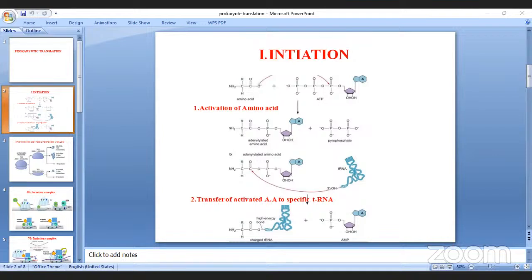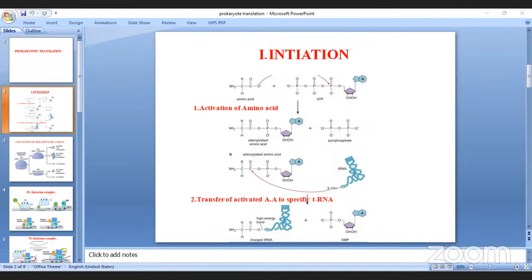In the inactivated amino acid, this is the carboxylic group. This carboxylic group bonds with ATP, adenosine triphosphate, T for triphosphate. Here, how many phosphates? Three. This is the gamma phosphate, this is the beta phosphate, this is the alpha phosphate. Gamma, beta, alpha. Here the bond formation is between